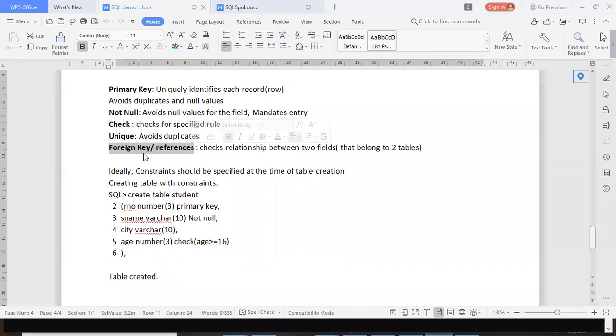Foreign key constraints can be given in two different ways, which will check the relationship between two fields. Normally, these two fields belong to two different tables, but rarely, in case of a recursive relationship, they may belong to the same table.